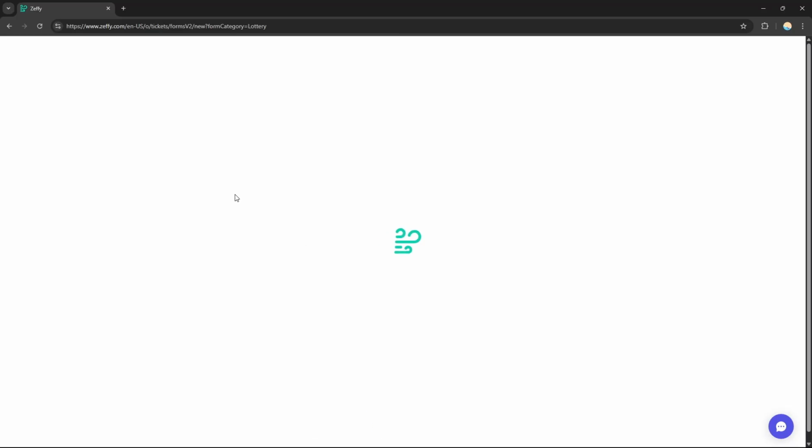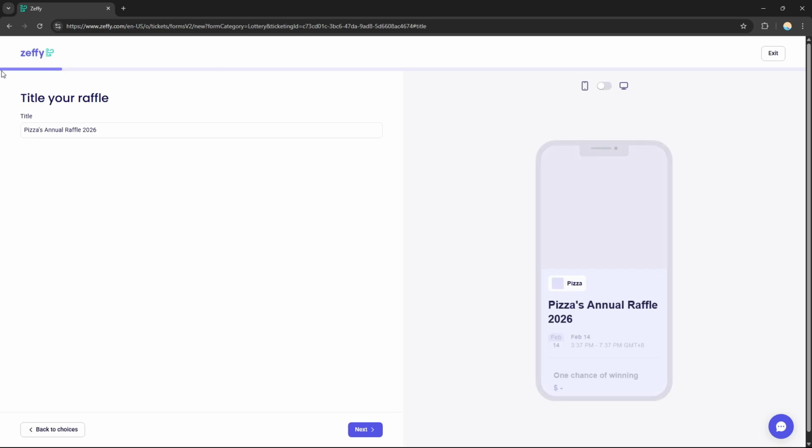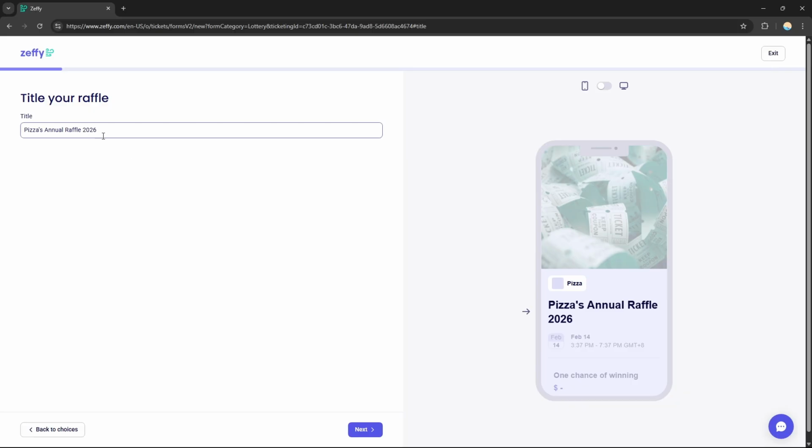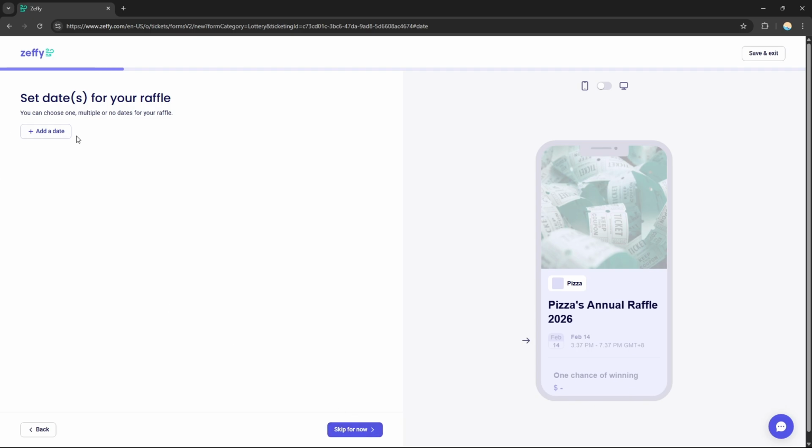After doing that, the page will load and you'll be directed to the campaign creation. You need to put the title of your raffle first. It depends on what type of raffle you are creating, and you just need to put a title fitting for that raffle. Let's say I'm going to leave it as it is. Zeffy will generate a template for you, which you can modify if you want. After putting the title, just click next, and you just need to set the dates